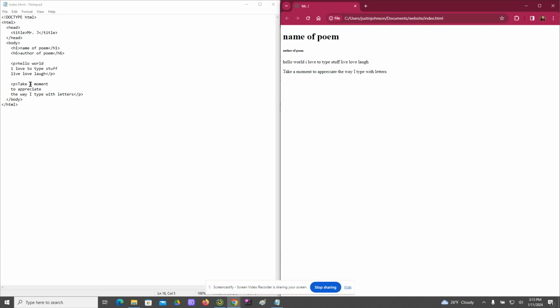We don't want a separate paragraph. So where you want that line break to go, we're going to add a BR. So that BR, line break, it will force it onto a new line of code. File, save, refresh. Now I don't have an extra gap